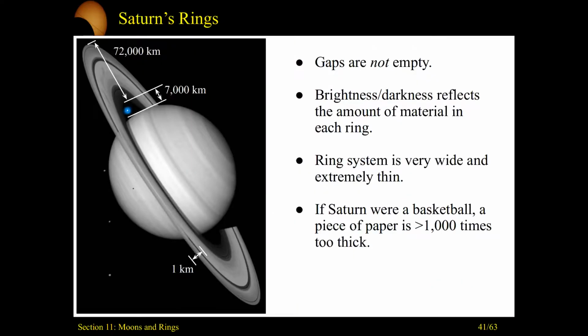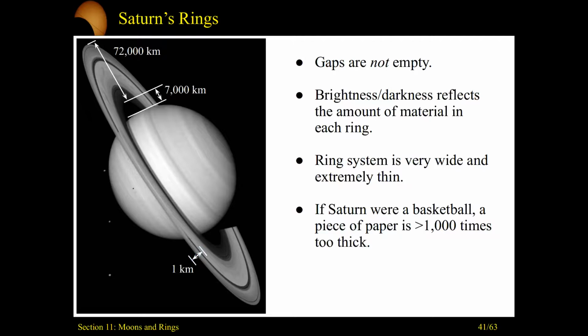Continuing on, let's look at the distances from the surface of Saturn to the inner rings. They'll be about 7,000 kilometers, stretching out to almost 80,000 kilometers away from the outer edges of the planet. And yet, look at the thickness of this. While the rings extend almost 80,000 kilometers away from the planet, the thickness of these things is only at